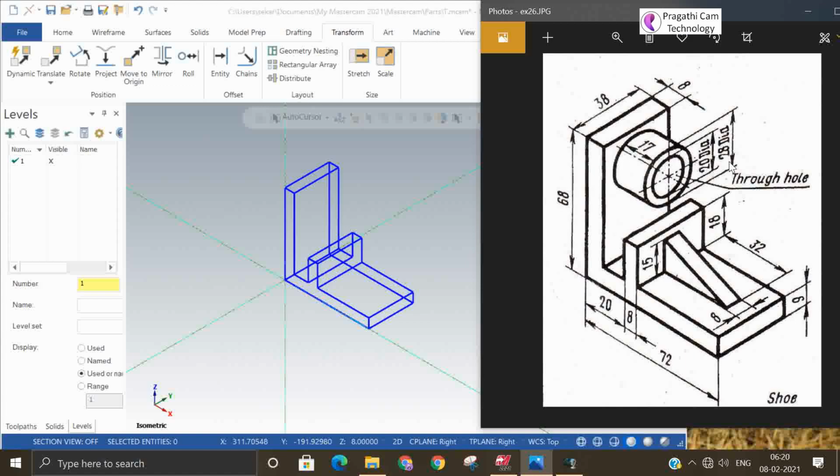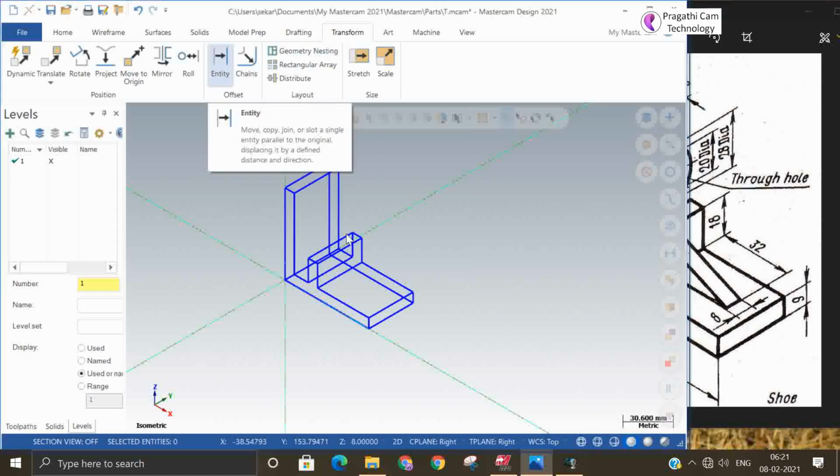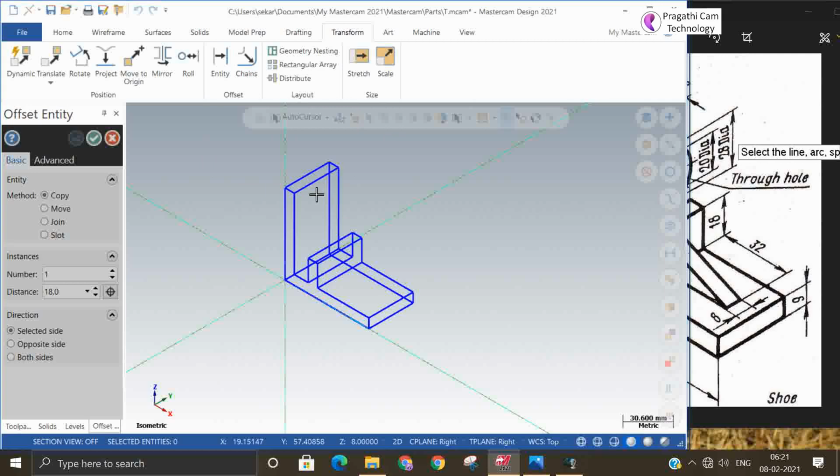Now, there are two circles. One is 20 dia, another is 28 dia. How much from the base it is, is not given. Okay, that is not given. So it's not there in the drawing. So we have to do approximation. We consider the gap is 5 mm.